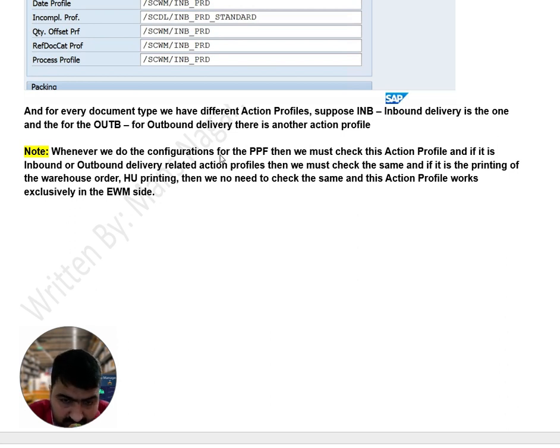Whenever we do the configuration for the post-processing framework, then we must check this action profile, and if it is an inbound or outbound delivery related action profile, then we must check the same. If it is the printing for warehouse orders or handling unit printing, then we need not check the same as an action profile for the EWM side.